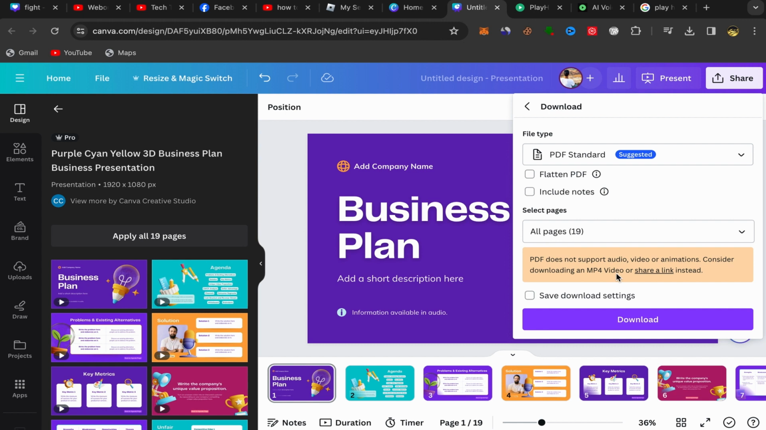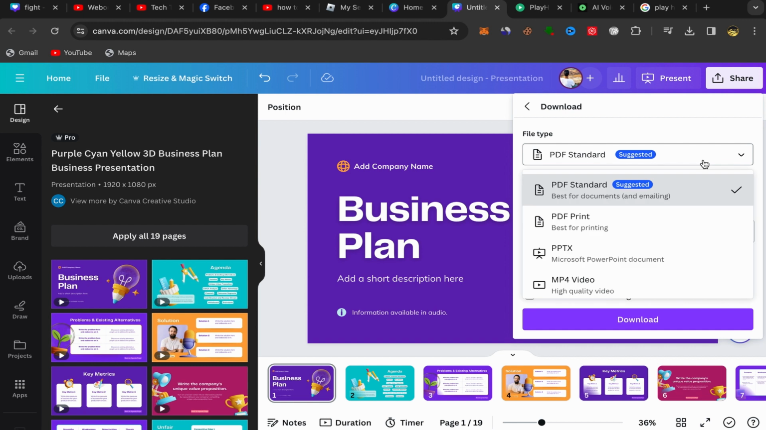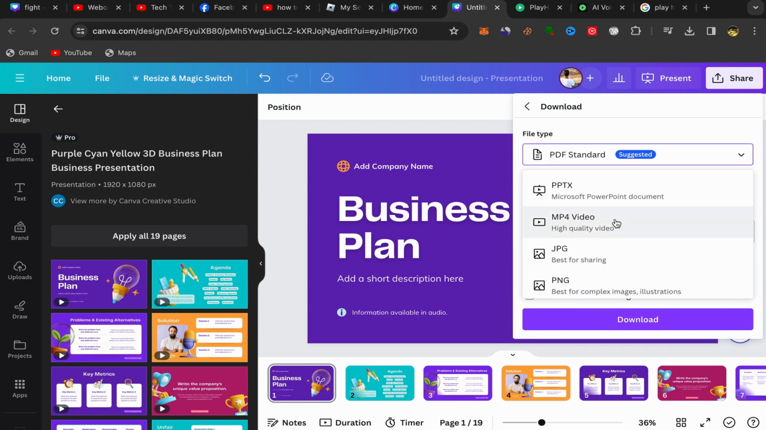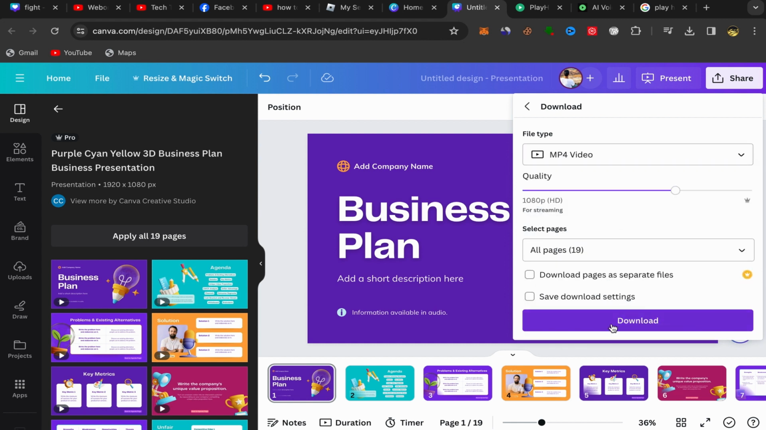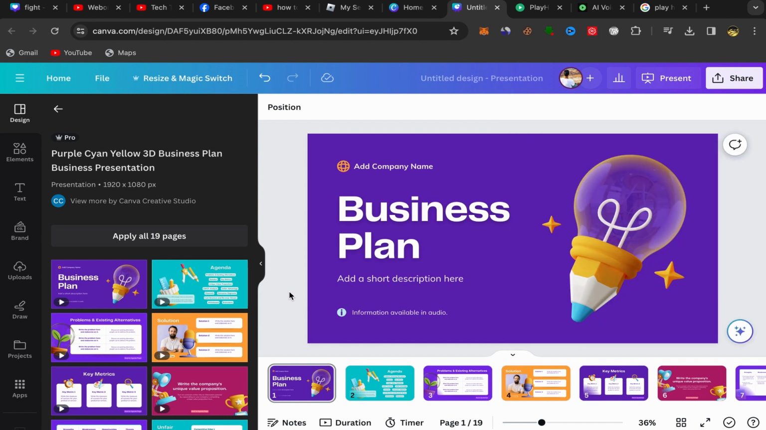Okay, and as you can see, PDF does not support audio, video, or animation. Consider downloading an MP4 video. Okay, so what you will do, you will click over here on File tab, click on PDF, and change it to video. Okay, to MP4 video like this, and click over here on download, and this Canva presentation with animation